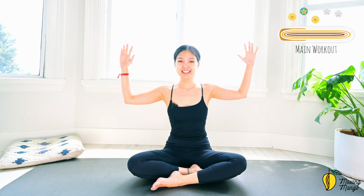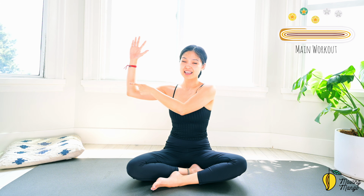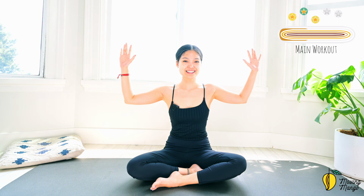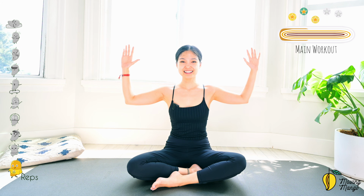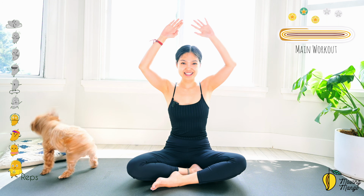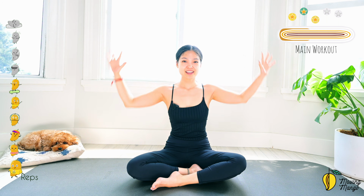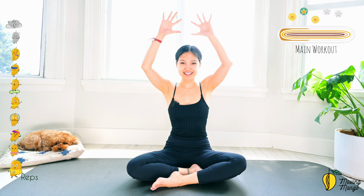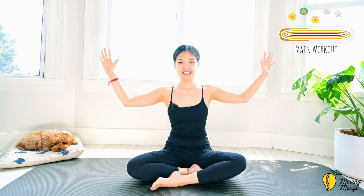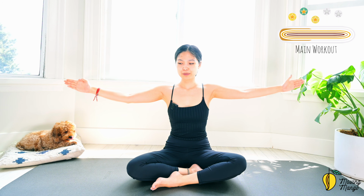Now this time we're going to inhale, move your whole arms, and with them changing the angle on your elbow. So lift it up and bring it down, and we're going to do both sides together. So 10, 9, good. 8, straighten the wrist. 7, 6, keep breathing, and 5, 4, that's amazing. 3, 2, and last one, lift and down, lengthen your arms,